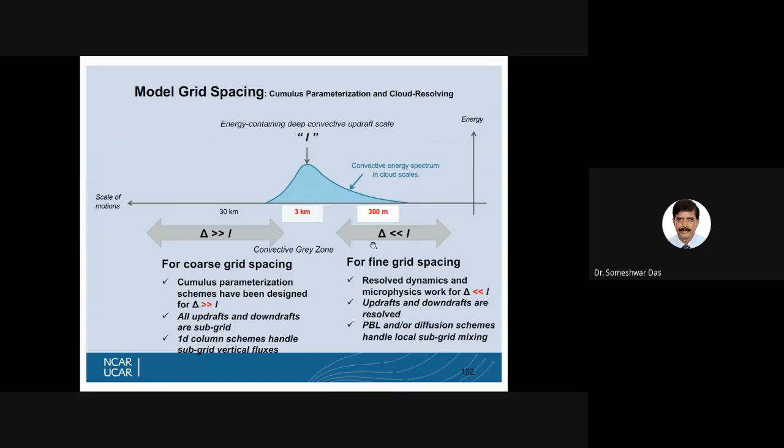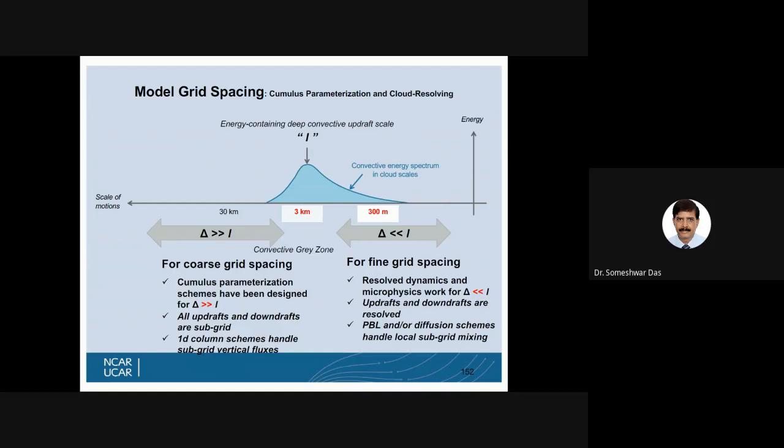But if your grid resolution is finer than say 1 kilometer, generally for cloud resolving, even less than 2 kilometers is also okay, depending upon how big your cloud is. Generally, we say that cumulus scales are approximately 1 to 10 kilometers. But clouds can also be clustered, and clustered convective clouds can have a larger size and shape.